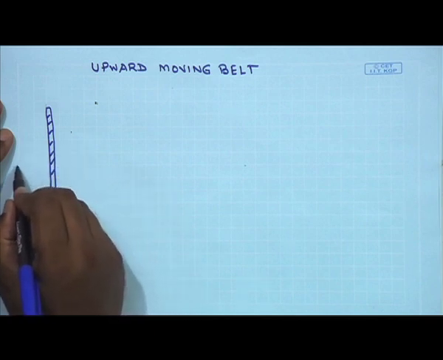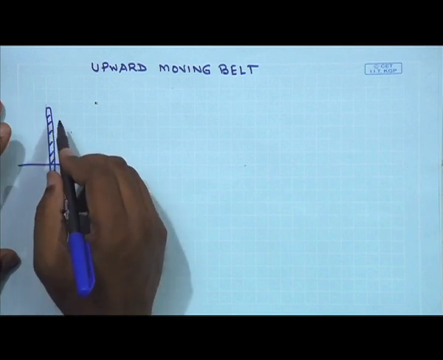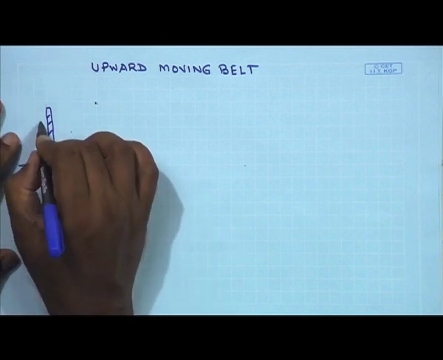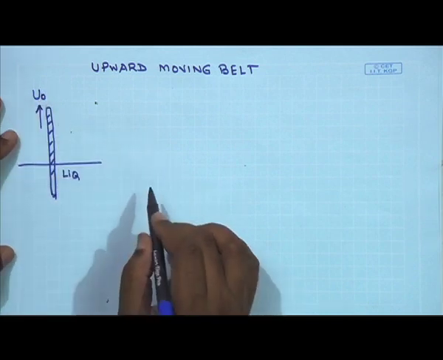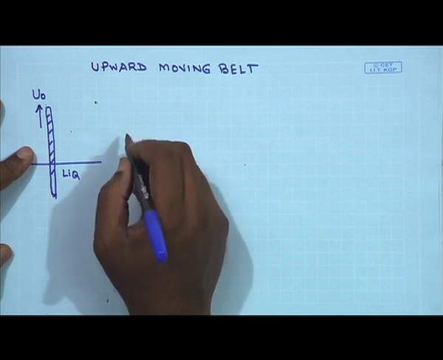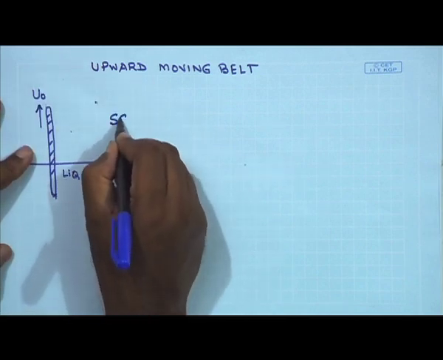This is a liquid film, this is a liquid. Initially the belt is stationary, but let us say at some point the belt starts to move upwards with a velocity u naught. After you provide sufficient time, when it reaches steady state,